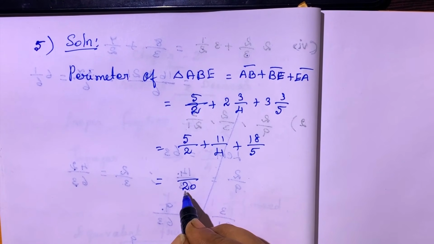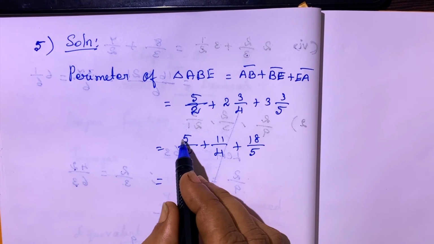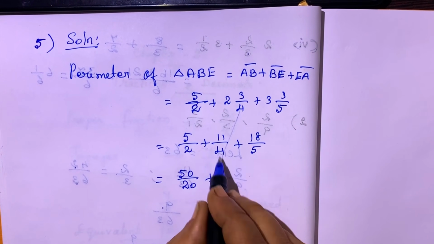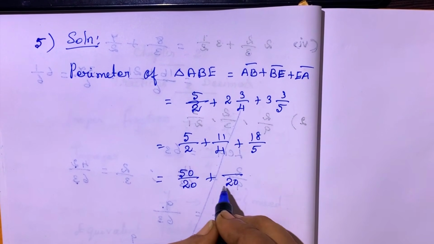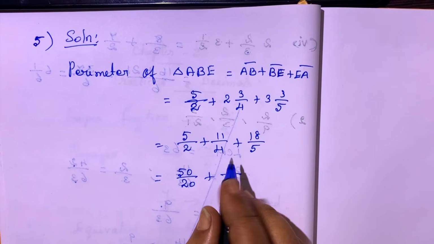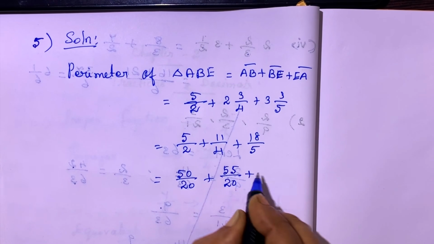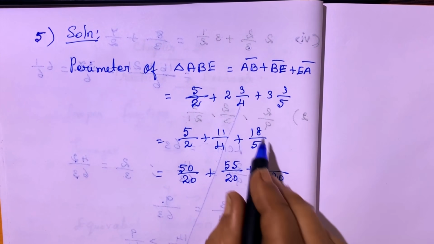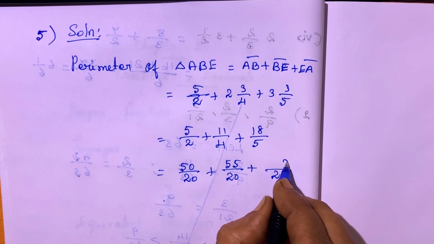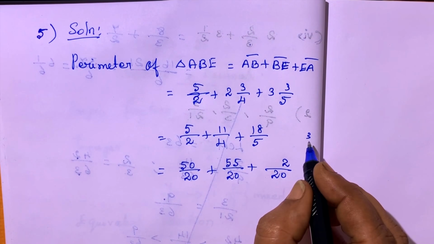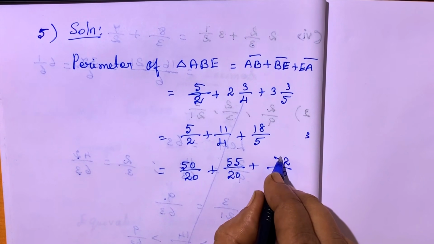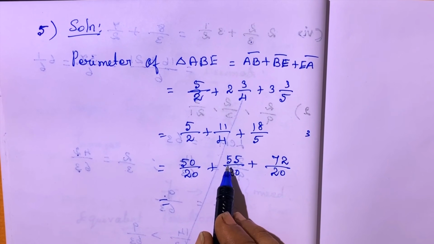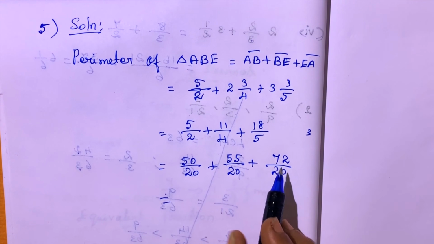So 2 tens are 20. Therefore 5 tens are 50. Plus here 20 means 4 fives are 20, 11 fives are 55, plus here 20 means 5 fours are 20, so 18 fours are 72, remaining 3 fours are 12, 72 is equal to 50 plus 55 plus 72, that is 177